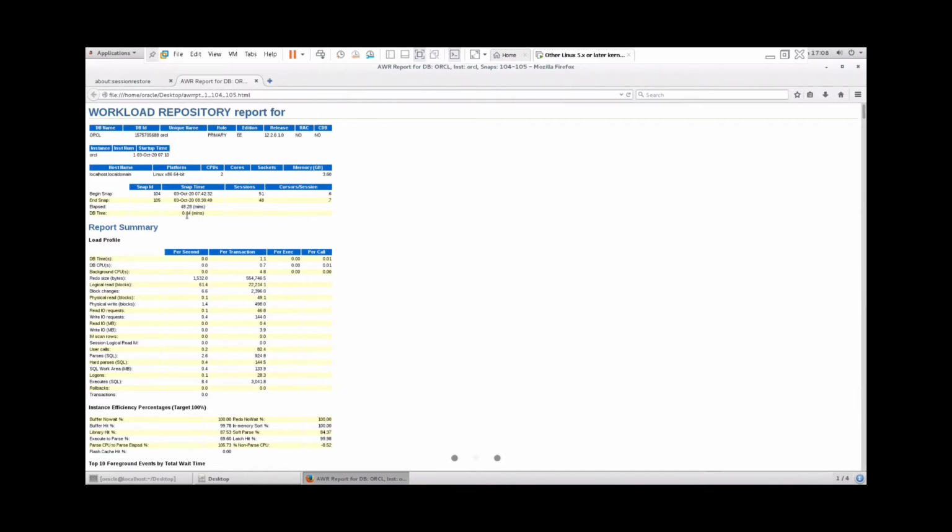If you see less like this, then there is no activity on the database, not much activity. So this is the first thing: during this time there is no issue at all. And one more thing, you have to